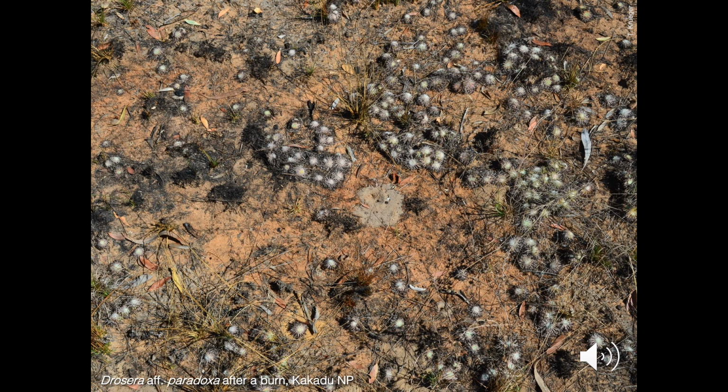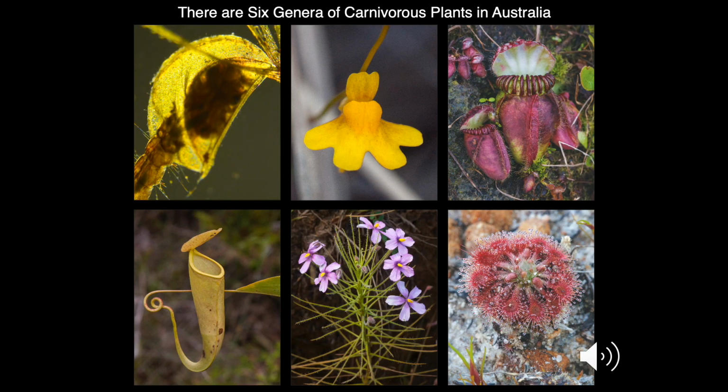So, of the 5 categories of carnivorous plants, there are 4 present in Australia, represented by 6 genera. These include the snaptraps, but we don't have the Venus flytrap. Instead, we have its aquatic cousin, Aldrovanda. The bladder traps, Utricularia, represented by about 70 species Australia-wide. The pitfall traps, represented by the unique Cephalotus, as well as 3 species of Nepenthes.